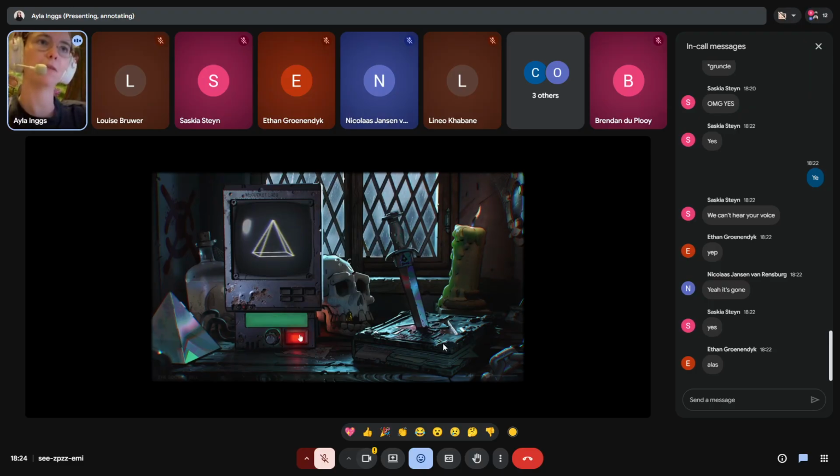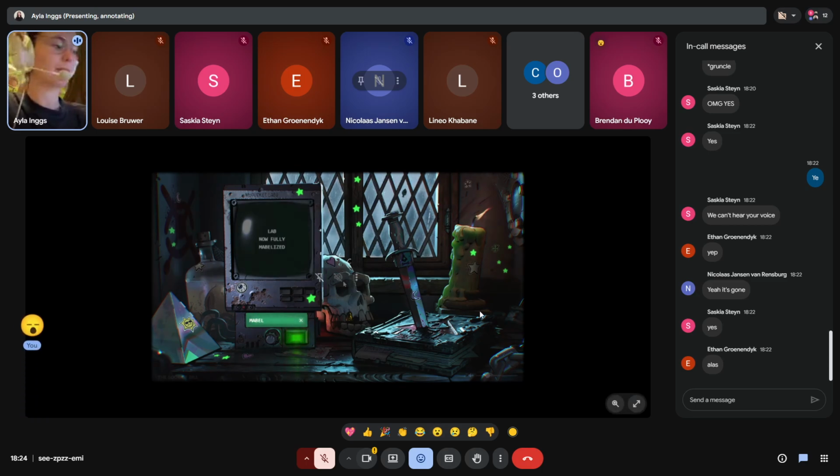So if I leave it blank, for example, it just has nothing there. But if we type in character names or something like that, so like Mabel, she's one of the characters from there. And if I press enter, it doesn't look like anything happened. But the more I press it, we can start seeing that there's little stickers and stars and stuff that gets added to the scene. And if we keep going, it says the lab is now fully Mabelized.